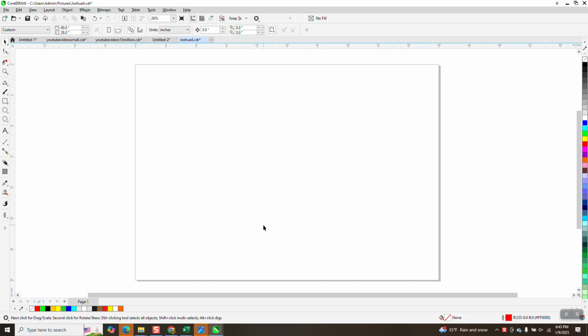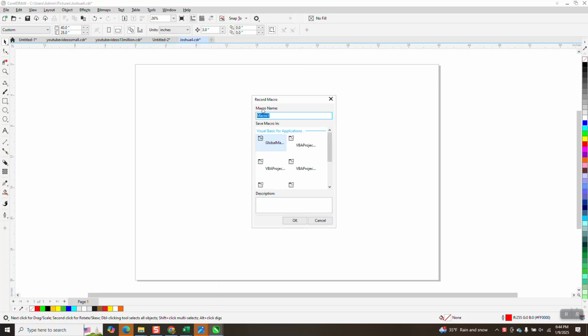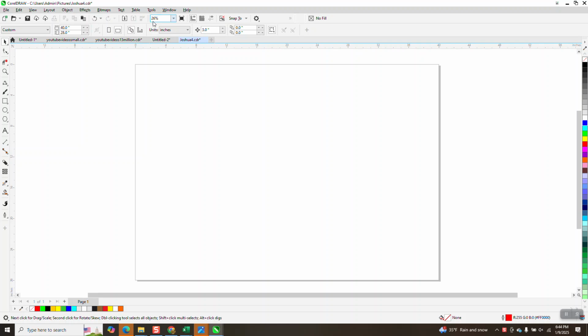Somebody's trying to make a macro, and I'm really proud of them, but it's not working for them, and I kind of know the reason, but I'm going to try to figure it out. So if we go to Tools and Scripts, and yours might say Macros, and Start Recording, and we're going to call it symbol. So just SY for symbols, and I'm going to hit OK, and then they go to